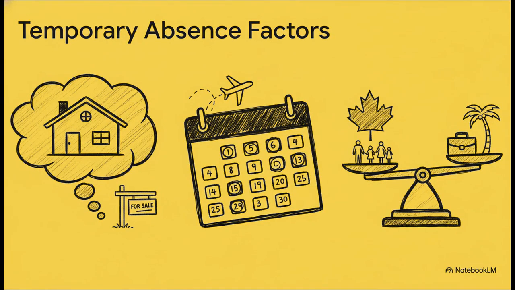So how does the CRA make this call? Well, they look at a few key factors. First, what was Jim's intent? It looks like he intended to leave permanently for work. But second, look at the frequency of his visits. Flying back monthly, that's a pretty regular and continuous link to Canada, isn't it? And third, they'd ask about his new life abroad. Has he established significant ties in Florida? A new home, new bank accounts, a new social life? The CRA has to weigh all these factors, and it shows that the answer isn't always black and white.